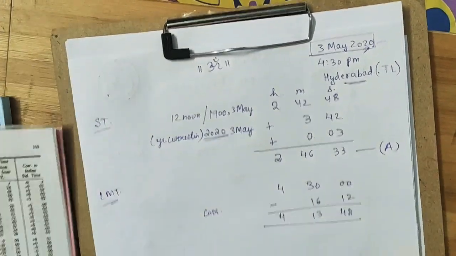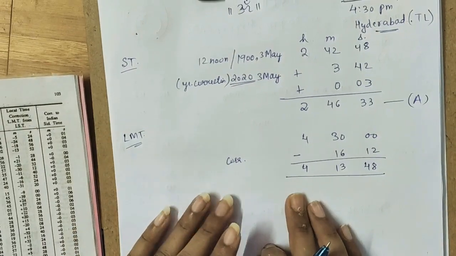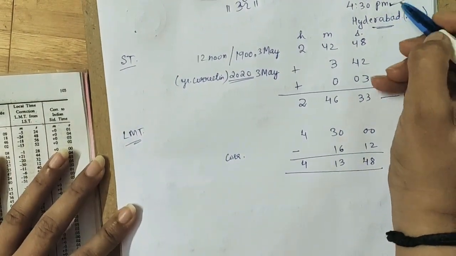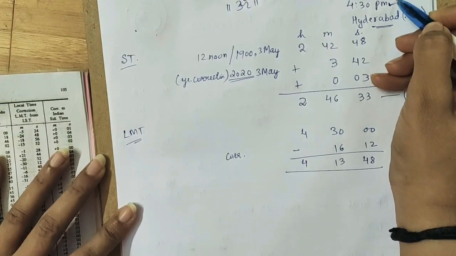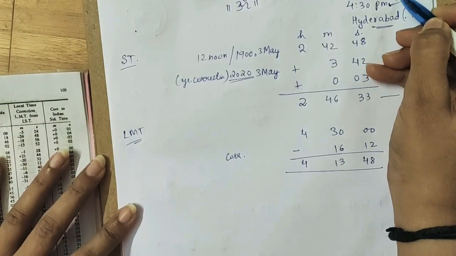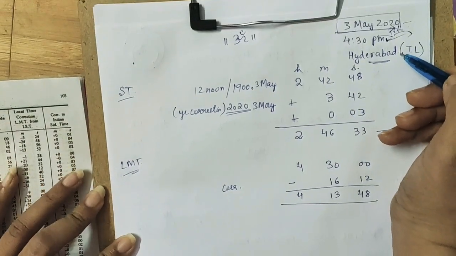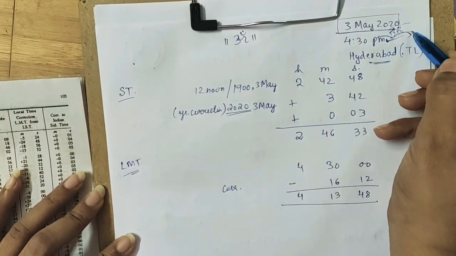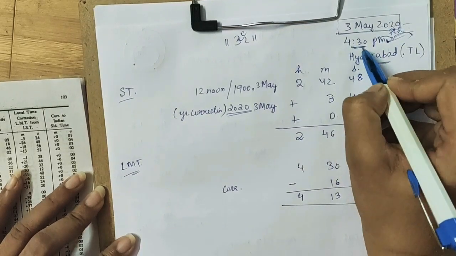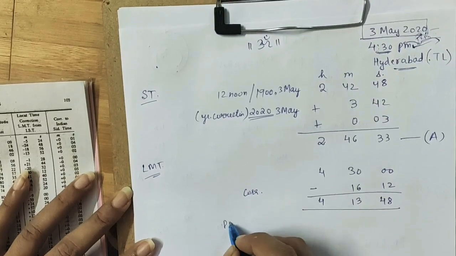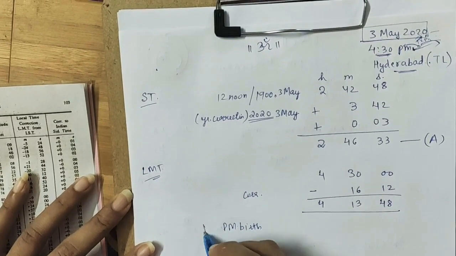Now, what has to be observed here is whether this is a PM birth or AM birth, not exactly PM or AM, but whether it is an afternoon birth, that is post 12 PM, or a birth before 12 PM, right? Before 12 PM or after 12 PM. In our case, this is after 12 PM. So the birth which is after 12 PM is considered a PM birth. So for the PM birth,